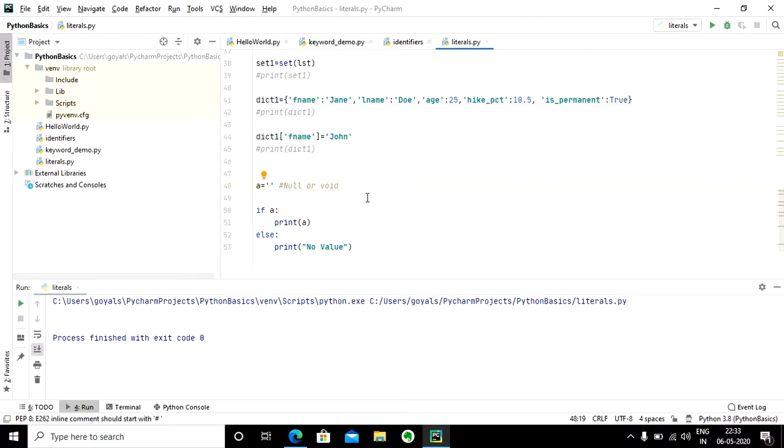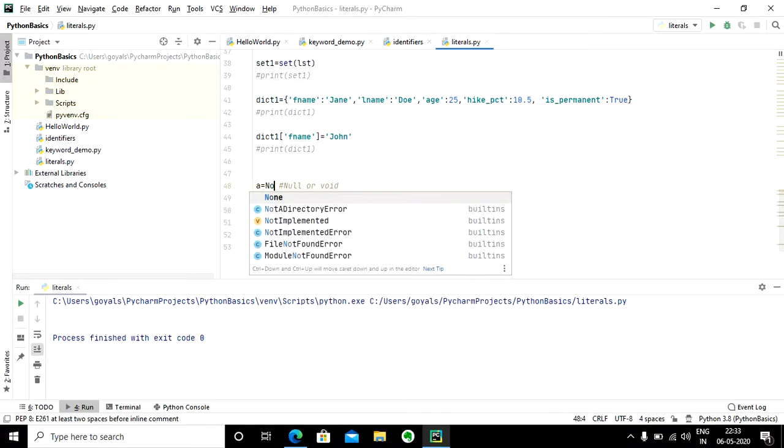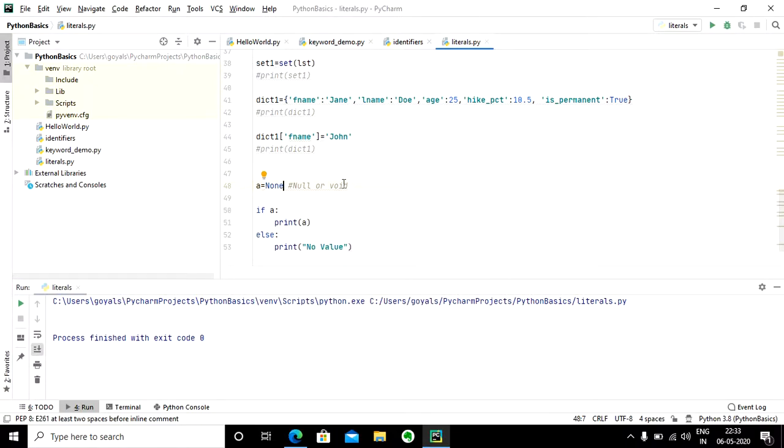This is checking for true. So if I put it as None and execute this code, it is going to give me no value, because obviously it is going to work as if a is false.